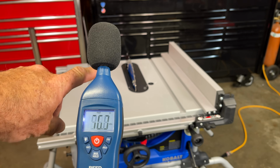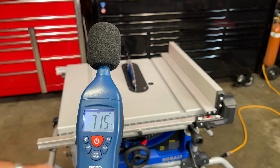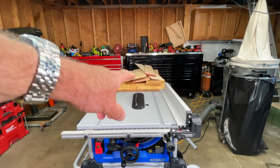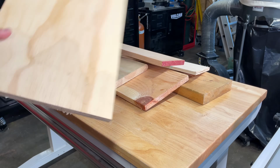Microphone, 30 inches from the saw as usual. And here we go. First turn on. All right, so we got our dust collector, 4-inch, neck down to 2.5, attached to our saw. We got our outfeed table. Let's cut some stuff. Typical selection,